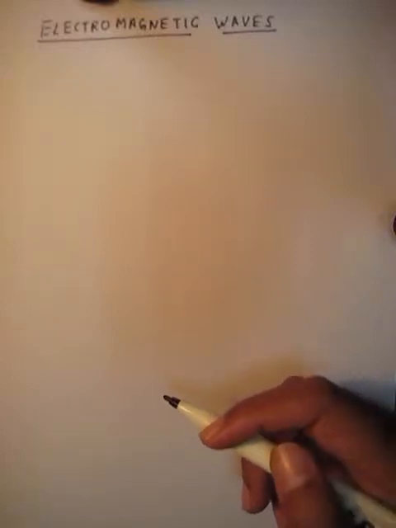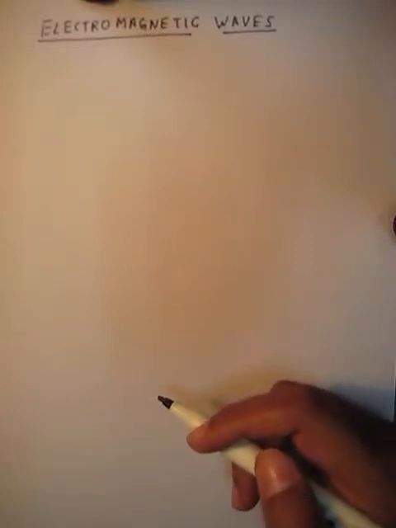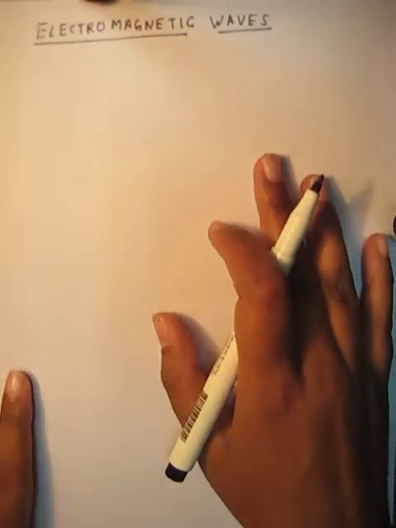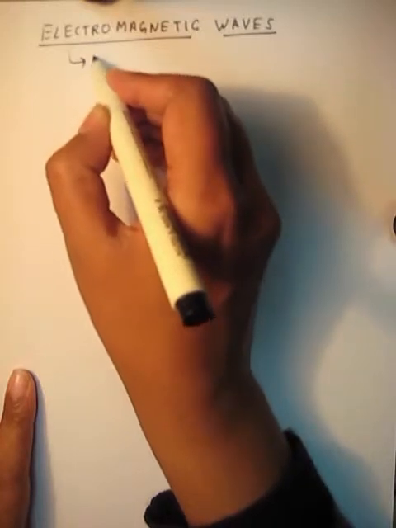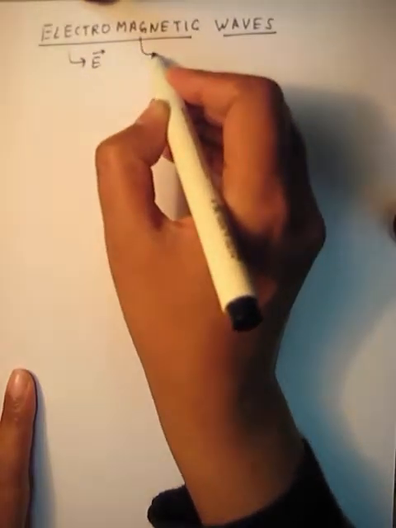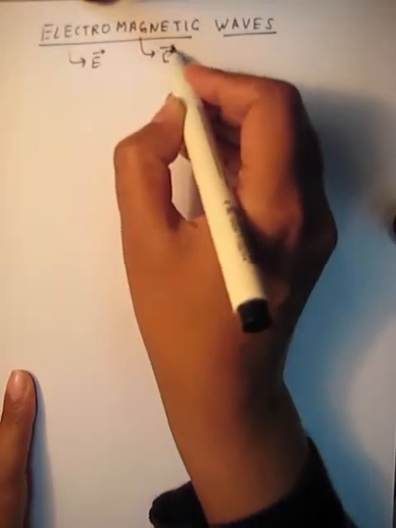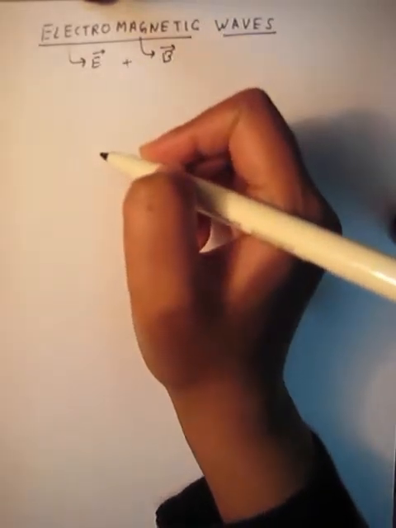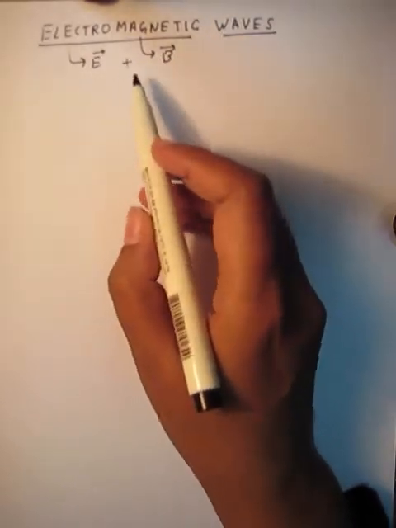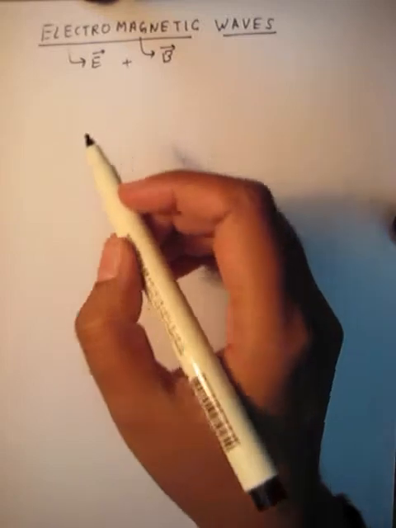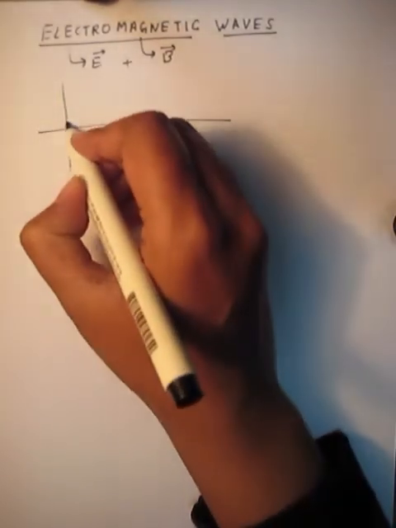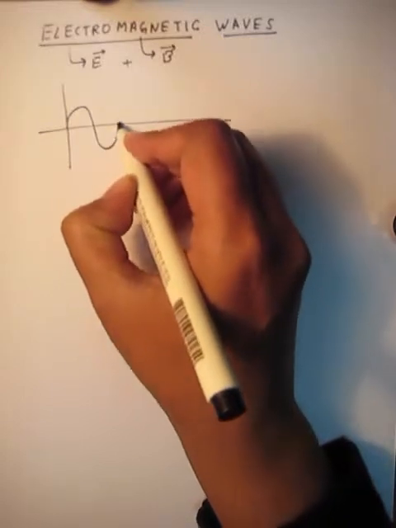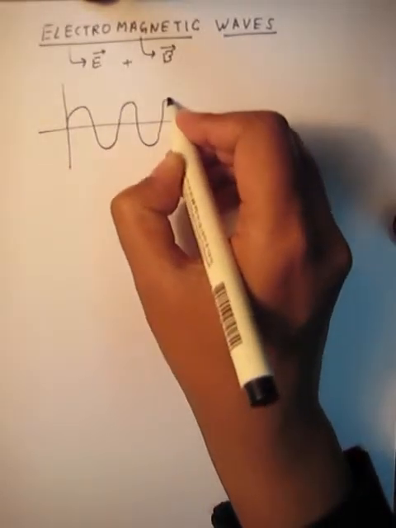Now we're going to study electromagnetic waves. First of all, what is the meaning of electromagnetic waves? Electromagnetic waves are the ones which have electric field and magnetic field together, and they move together perpendicular to each other. So suppose the electric field is moving in this plane